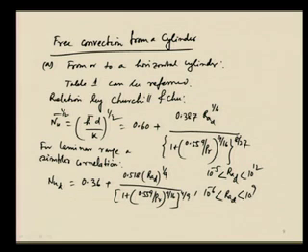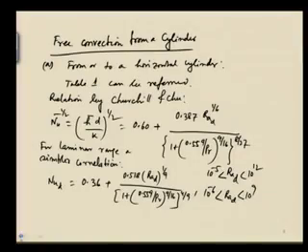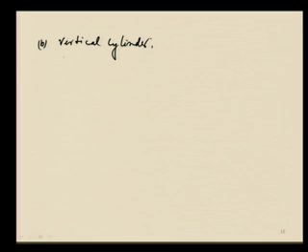Now, the first part was from or to a horizontal cylinder. The second part is B, the vertical cylinder case, and we have already discussed that a vertical cylinder can be considered as a flat plate when d by L is greater than or equal to 35 by Gr_L to the power 1 by 4, that already we have discussed. And in addition to that, when the diameter is small,